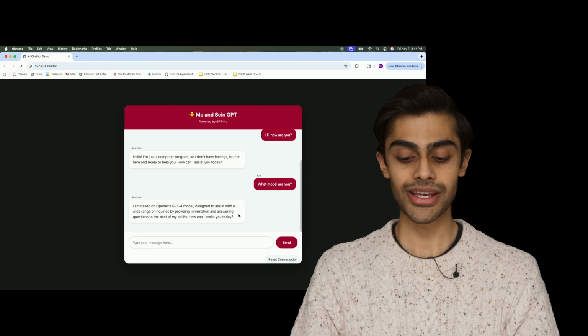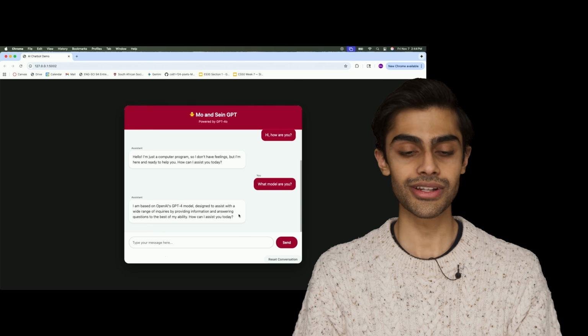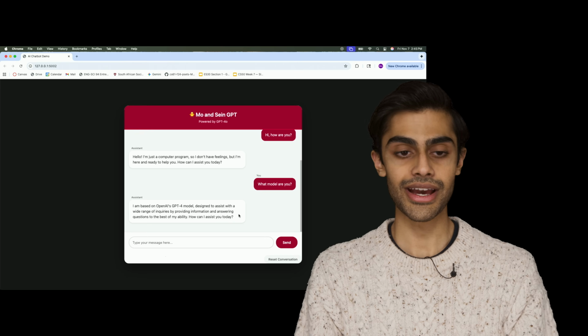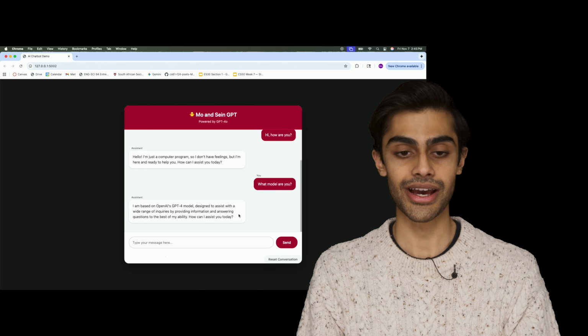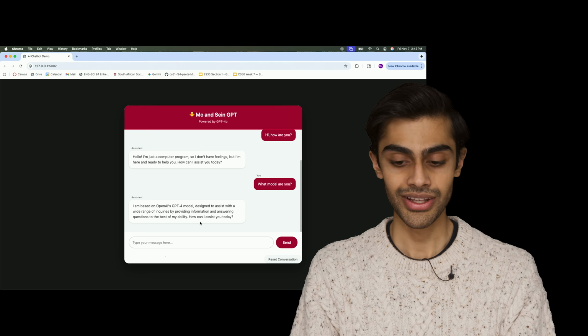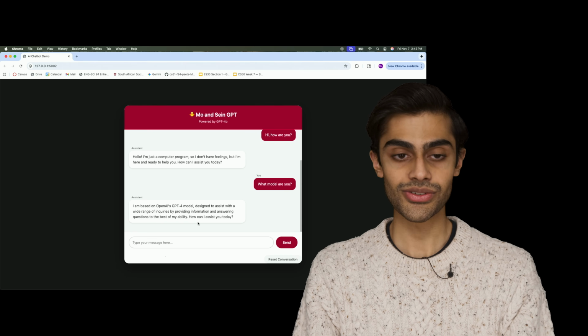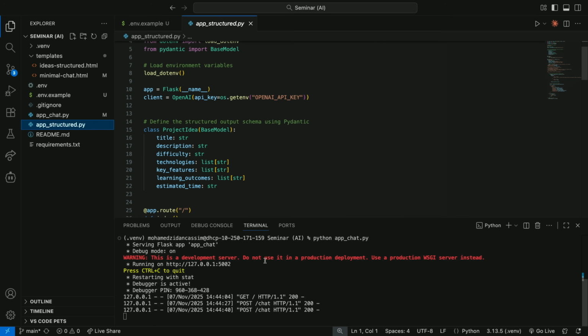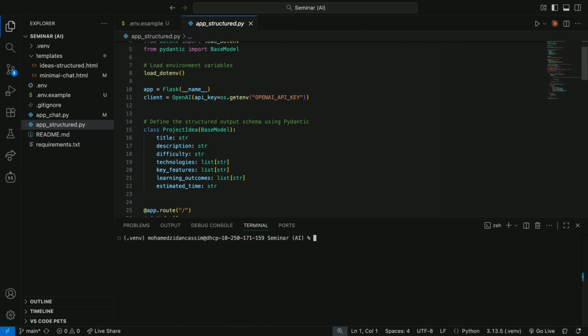You use this in a way where you can communicate in natural language using OpenAI's connection and OpenAI's API, and you use the large language model to do so. Another way to do this would be to use structured output. And so here's an example of using structured input and output using the OpenAI API.